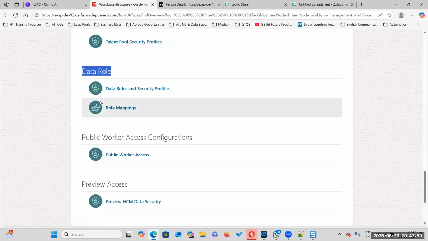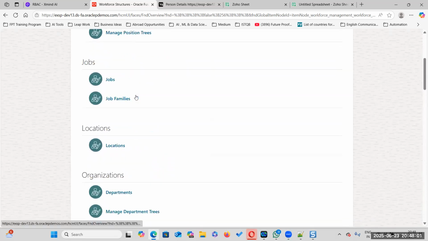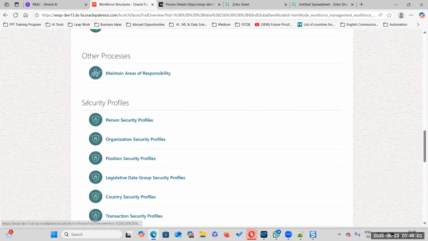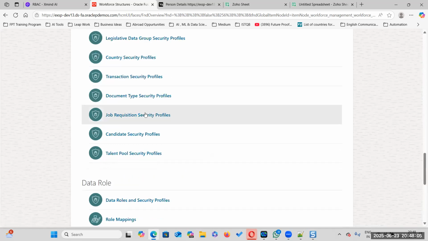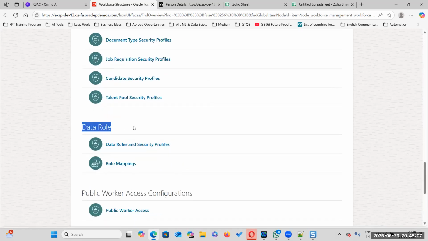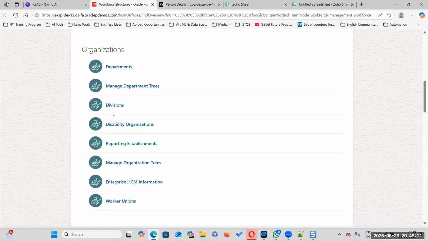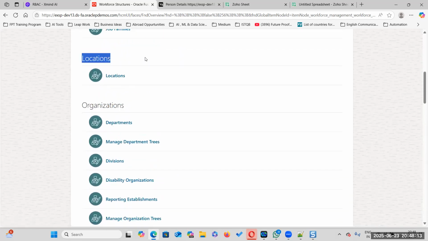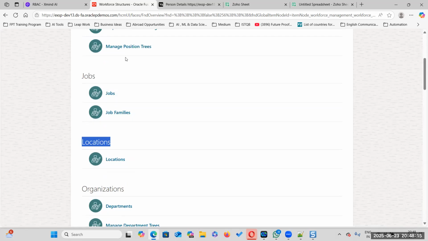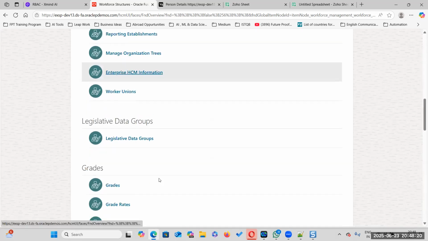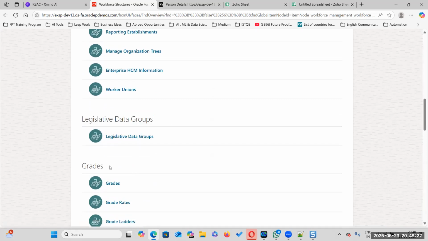Earlier, only with HR, we were unable to see the security profiles, right? With line manager, we were unable to see these organizations and locations also. We are able to see jobs, locations, organizations, legislative data groups and grades.